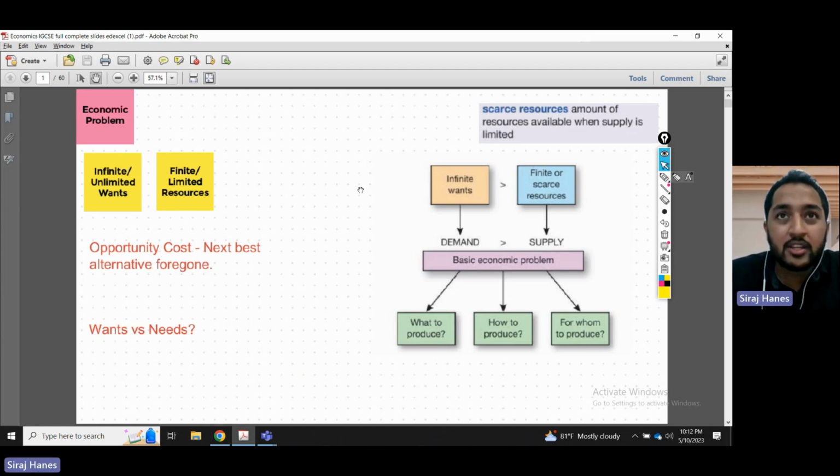So we need to identify what do we do with our resources? We have only so much. There's only one planet Earth. What do we do? What do we make? How should we prioritize? Now, you obviously know the difference between wants and needs. Wants is something you desire, needs is something you need for survival. But because of this economic problem, because of our resources being finite and our wants being infinite, we must give up something if we want to buy something else.